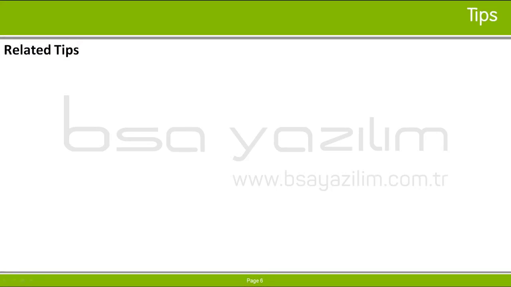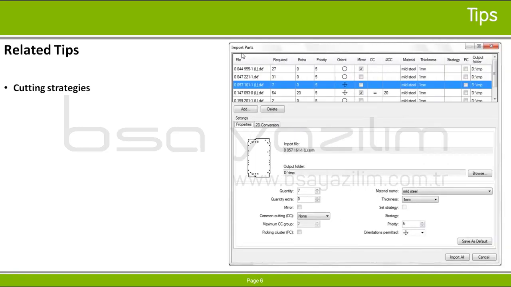If the block compiler for your machine tool supports different cutting strategies, the Properties tab will show the default strategy for the part's material and thickness. You may choose to use the strategy shown or to have no strategy defined for the part. To use the strategy, turn on the Set Strategy setting. The strategy controls will not be visible if they are not relevant for your current machine tool.